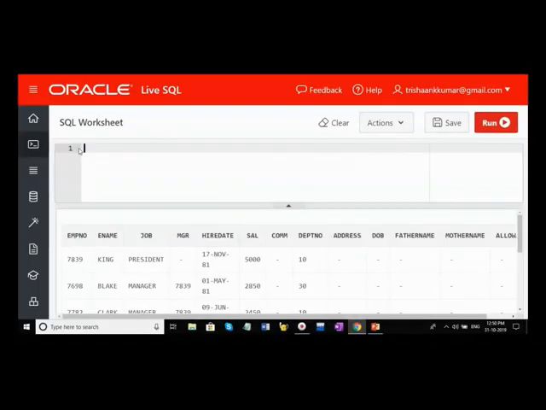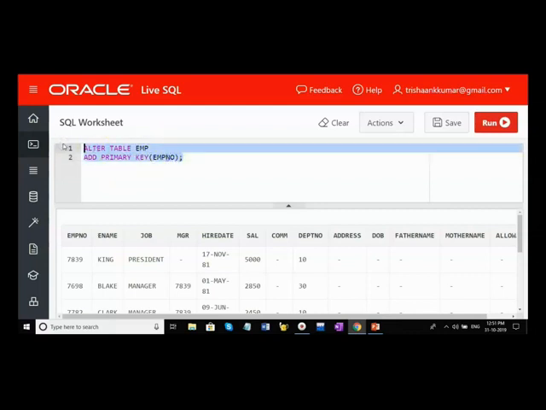Now we'll try to add a primary key with the help of alter. So alter table emp add primary key of emp number. So I want to make emp number the primary key if it is not one already. If it is a key, then you will get an error, because one table can have only one primary key. In my table, emp number is already a primary key. So if it is not a primary key, with the help of alter, you do: alter table emp add primary key of emp number, the column name and the table name.